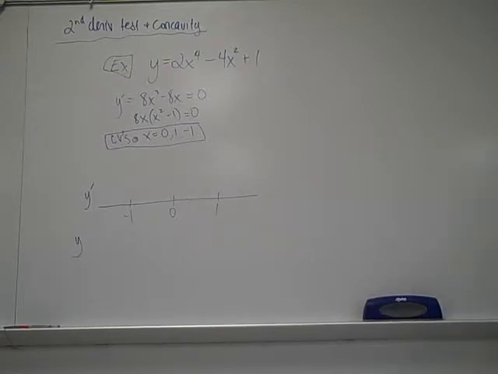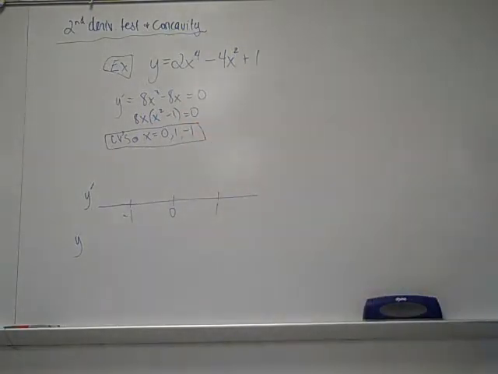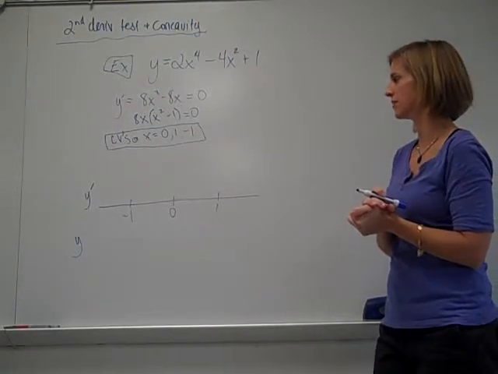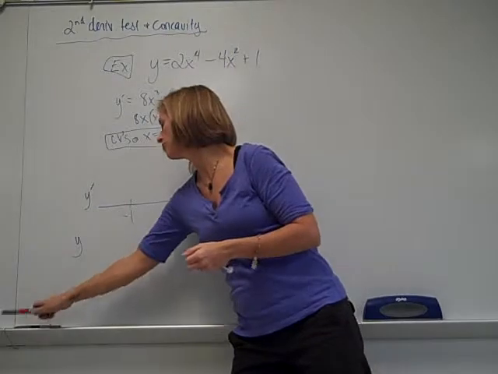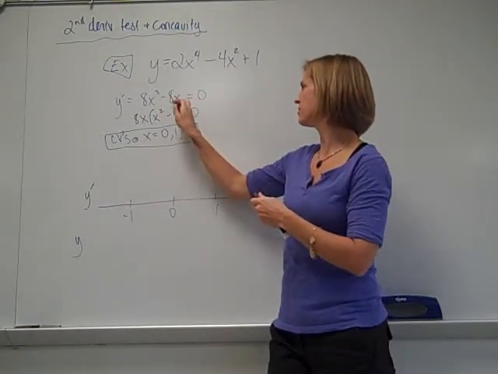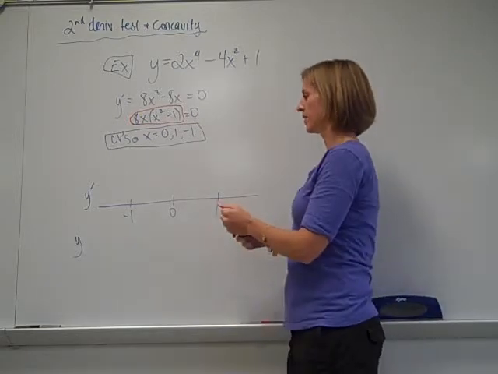And now we're going to go through each little partition, plug a point from that interval into the derivative, and decide if it's positive or negative. So you don't have to worry about what the number is, you just need to know, is it positive or is it negative? When you're plugging in, you can plug back into the derivative, or even maybe the reduced version. I like plugging it in here, because then all I need to know is